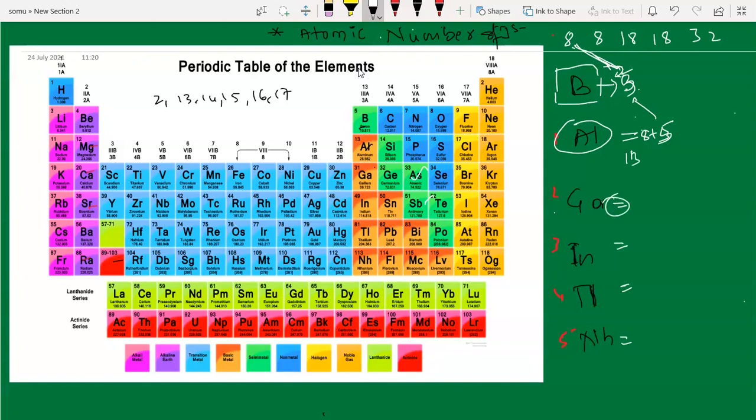So to find out the next, the code we have has to be added with this, and you will get this. Okay, this is 13, the aluminum atomic number, plus our magic code. This is the previous one, this is our magic code. To get this, 13 plus 8, how much will you get? See here, how many elements do we have here? 1, 2, 3, 4, 5.